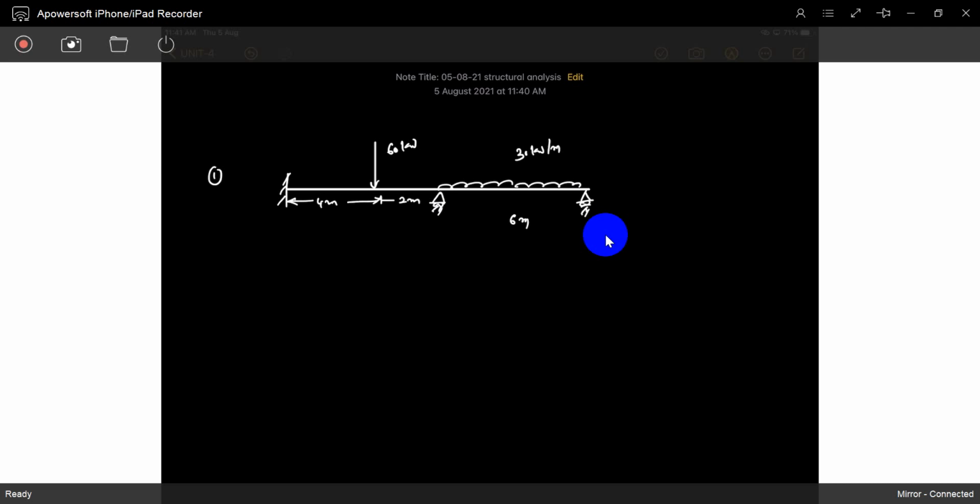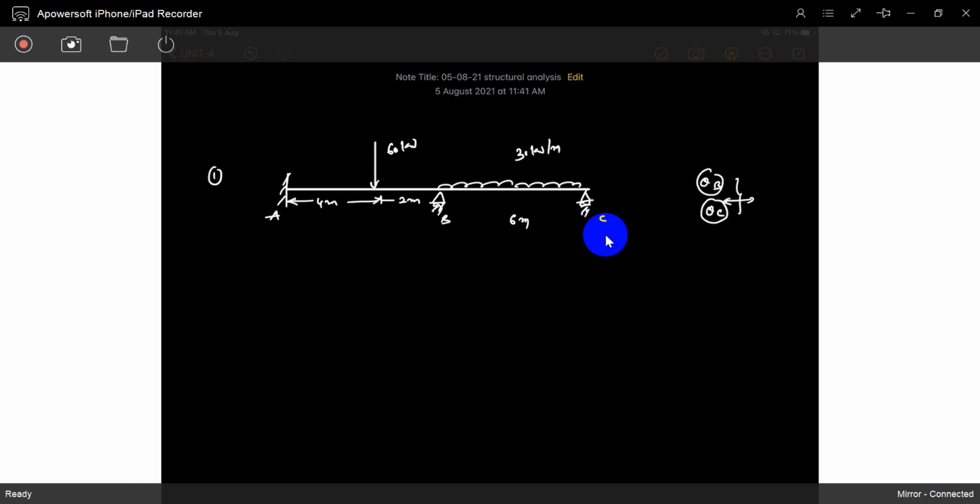Now you can see this is A, this is B, this is C. Now you can observe it. Kinematic indeterminacy is 2. What are the two? Theta B and theta C. Those are the kinematic indeterminacies. We require two equilibrium equations, which are the two joint equilibrium equations. We'll see it. Same problem, nothing more than this.